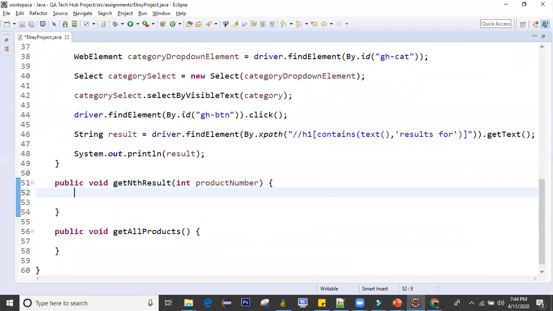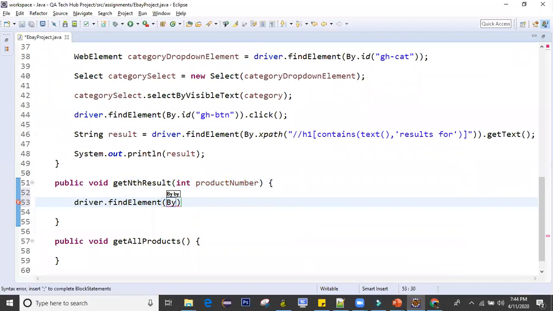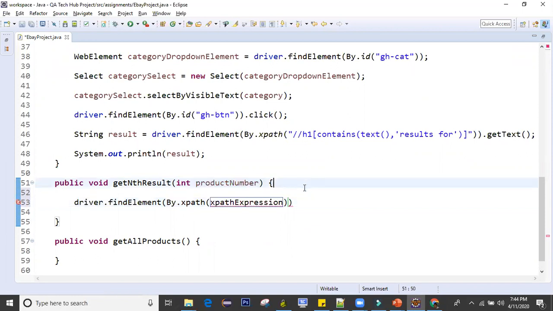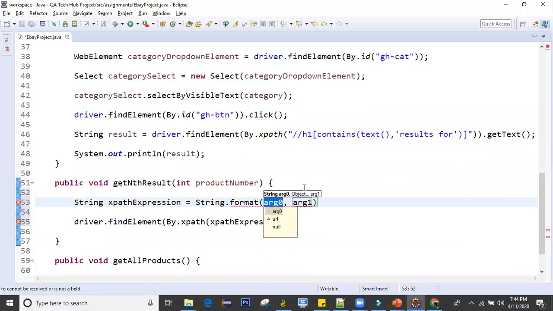So I'll say here on my browser, search for an element which has this XPath. Now this XPath expression is a dynamic value, right, because it depends on this product number. So what I'm going to do is create this XPath expression first. Let's say I call it XPathExpression equals, and I'll call a method called String.format. What does this method do? Using this method, you can pass any variable